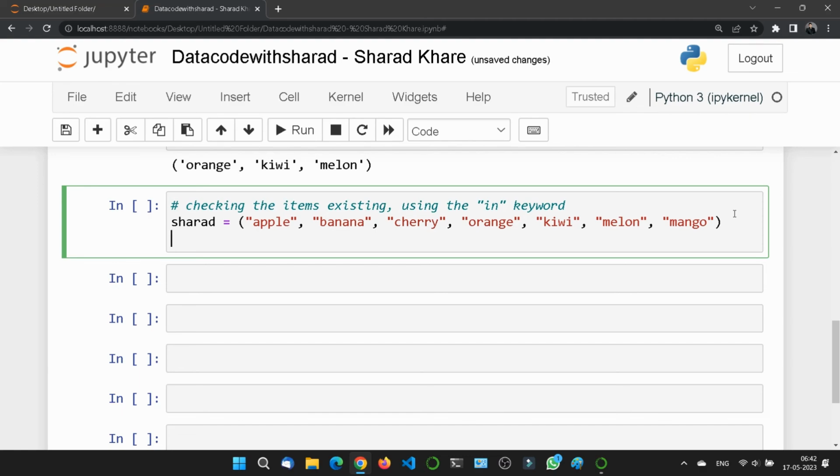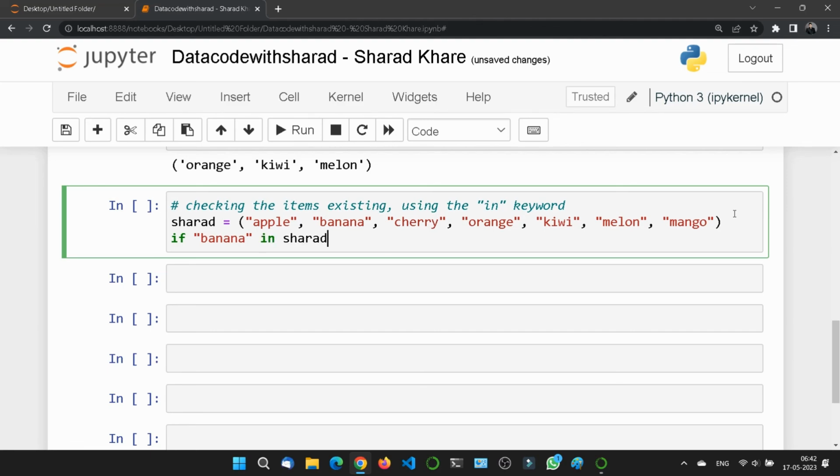Here you can easily see it, right? But in that case it will be tough, right? So for this we will use the if statement here. Okay, so I want to know whether banana is present in the list or not. So, if banana in Sharad,